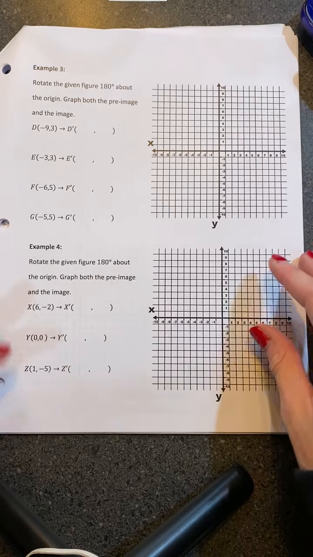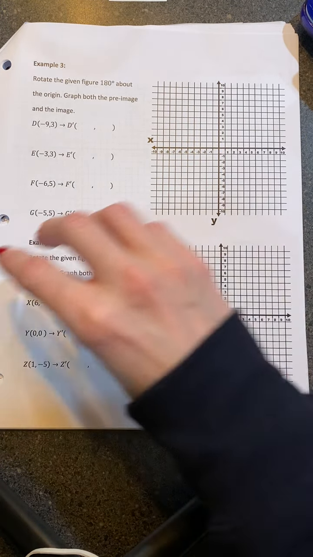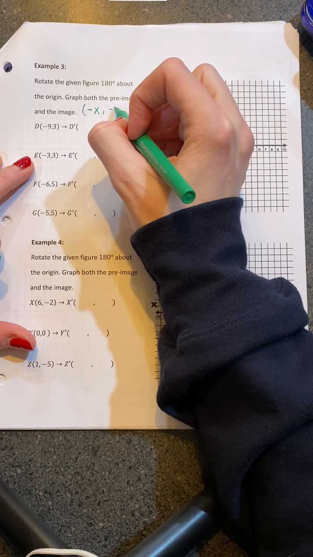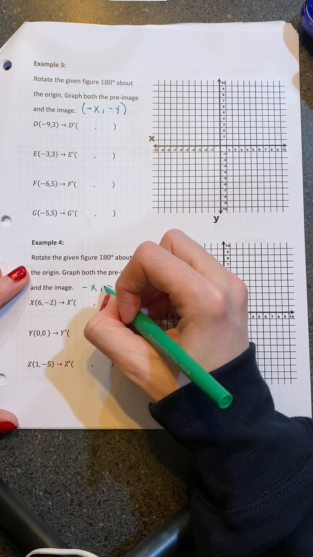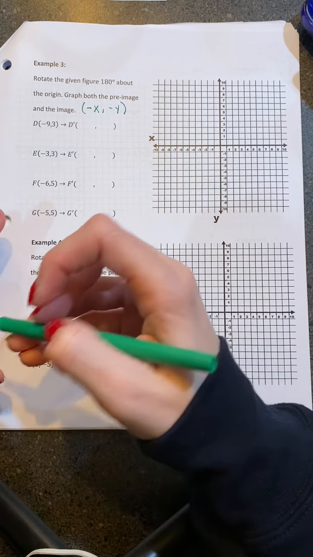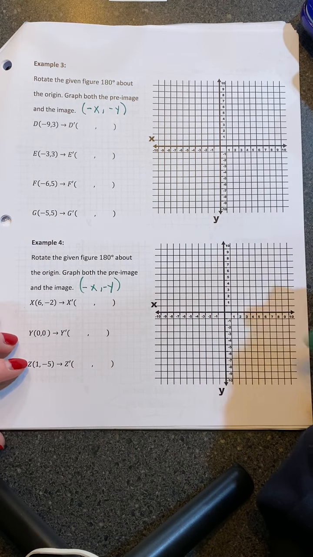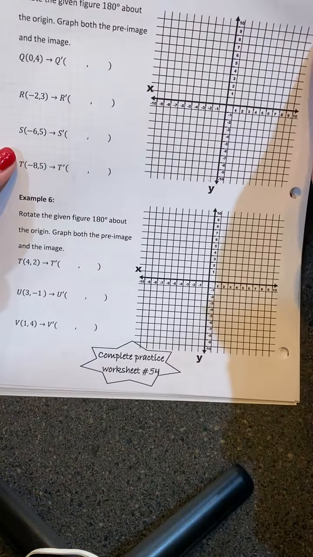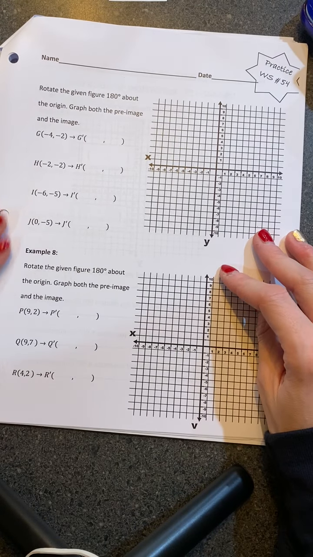All right, so we have another set of examples here for you to complete. So remember, you're going to follow the rules. You're going to negate the X and negate the Y. Negate the X and negate the Y for both of them. Also, use the trick to figure out which quadrant it will end up in. So you're going to complete examples 3, 4, then examples 5 and 6, and then we have a practice worksheet